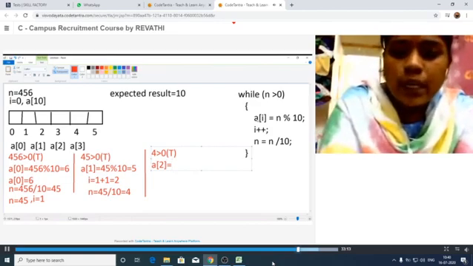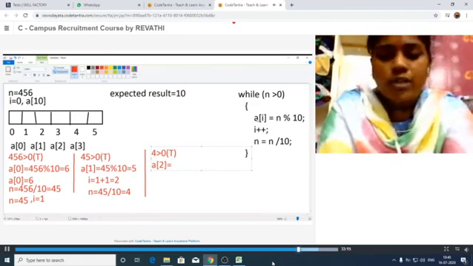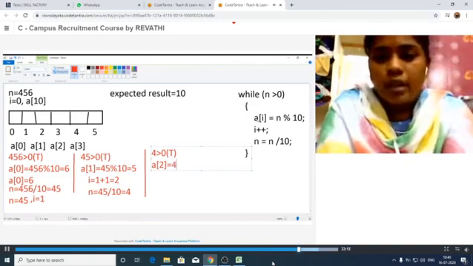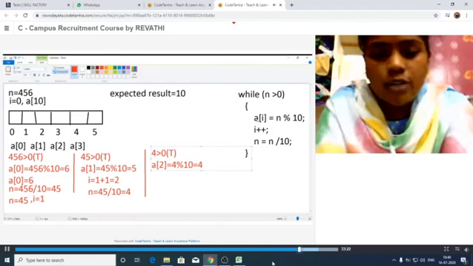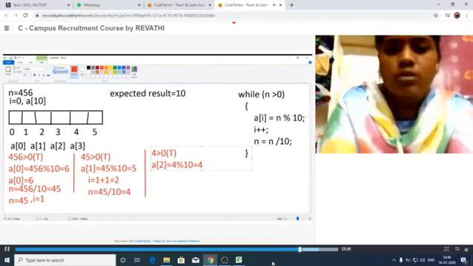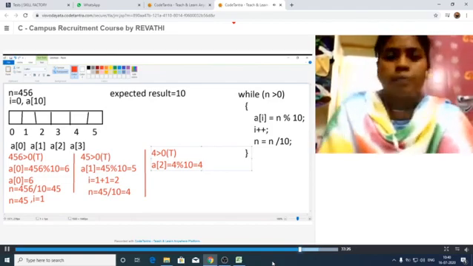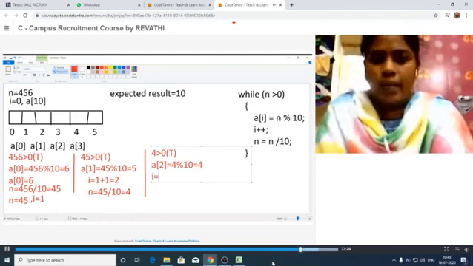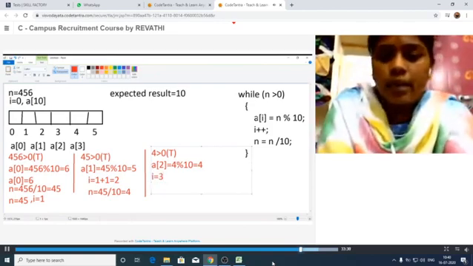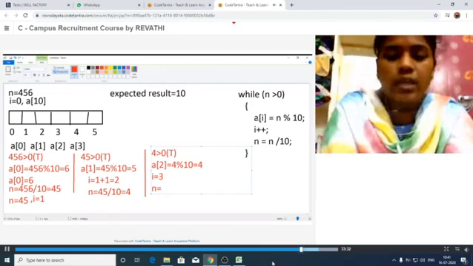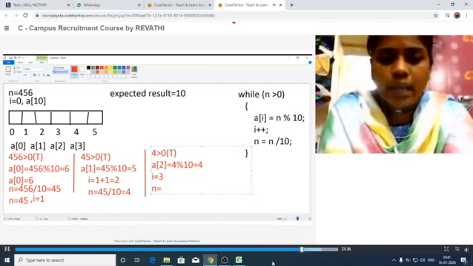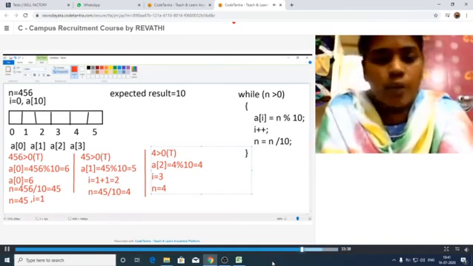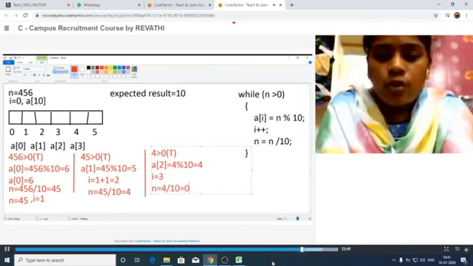What is the n value? 4. 4 modulus 10 gives the number as 4 only. Next, I will be incremented by 1, that is, I is equal to 3. Next, n is equal to n by 10. What is the n value? N is equal to 4 by 10, that is equal to 0.